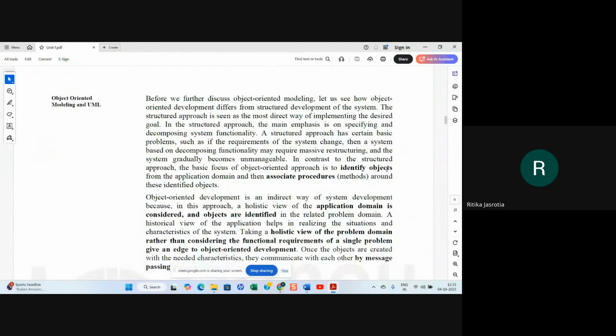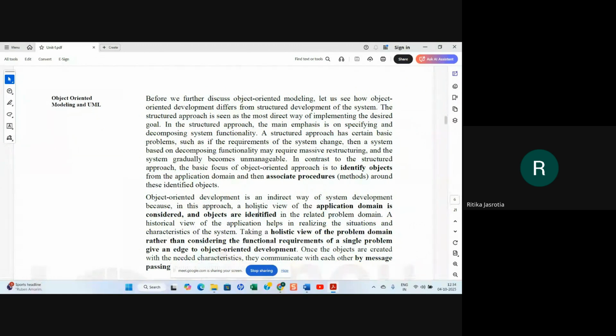So you will identify the objects from the application domain, and then associate procedures, methods or functions around these identified objects. If certain changes are made, it will affect the objects, but it will not change the massive part of the structure.